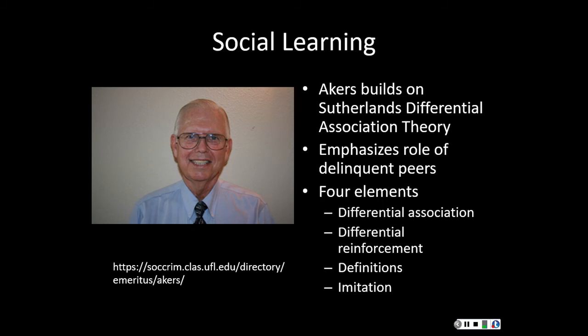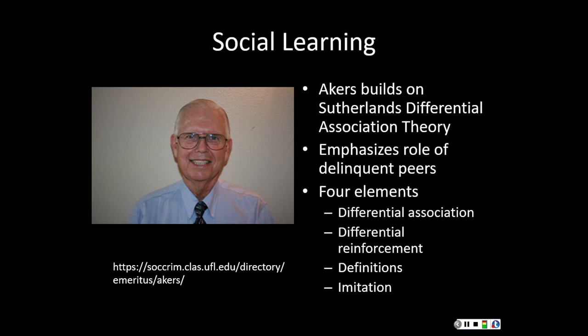However, he breaks this social connection to crime down into four different areas, and I'm going to explain them again when we do the review, so that you're familiar with them if you're taking this as an elective, or if you're just doing this as part of criminology, that you have a better understanding. The four of them are differential association, differential reinforcement, definitions, and imitation. And according to Akers, these are four different social factors.